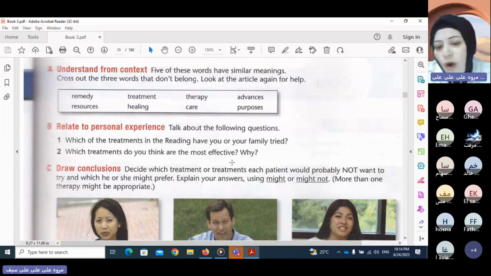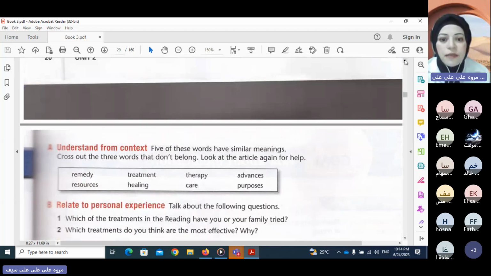Okay, and why? So you have 1 minute for this question, number one, and you have 1 minute for the second question. Think before you speak, and then you raise your hand and say whatever you want to say. Okay, take your time. Think about the answer before you speak. Can we just have the reading passage? All right. And you will need the questions, by the way. Okay, here is the reading passage.